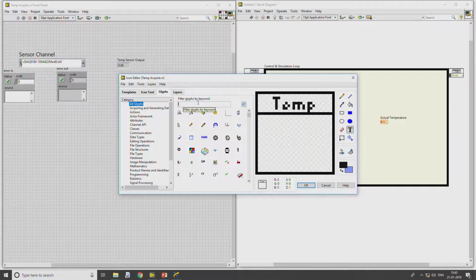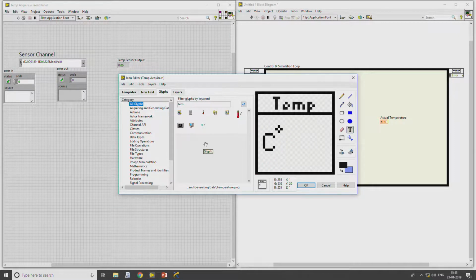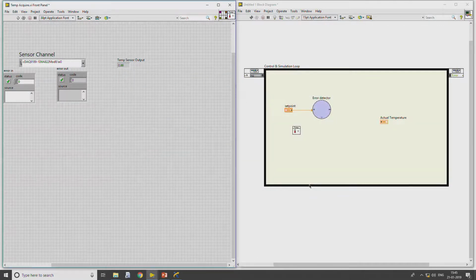So, say temperature. Here we can see different types of blocks available, which will not fit in this case. I will take this, and write a text showing as C. Okay. Now, let me save.